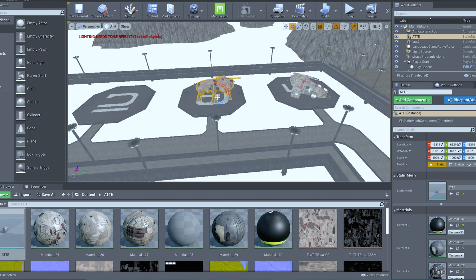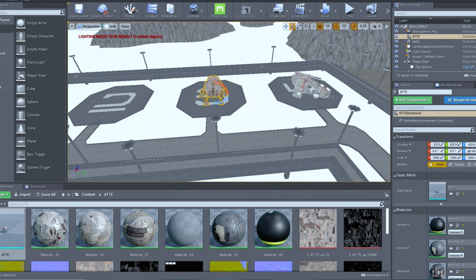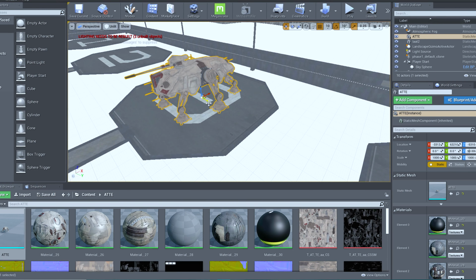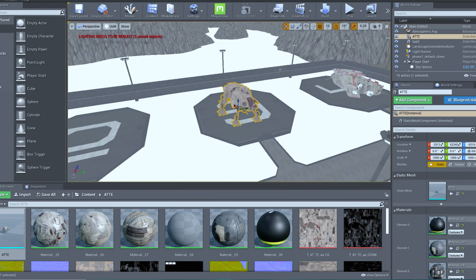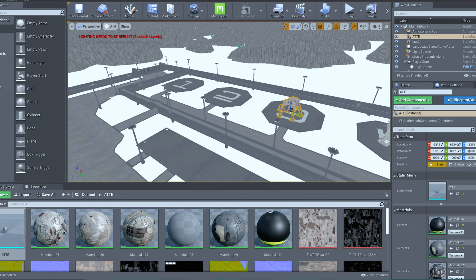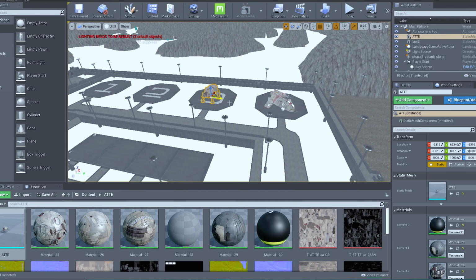So I think I'm going to stick him just about there. Right? So that's quite good right there. Right? So now, if you're building, let's say you want multiple of these different things in